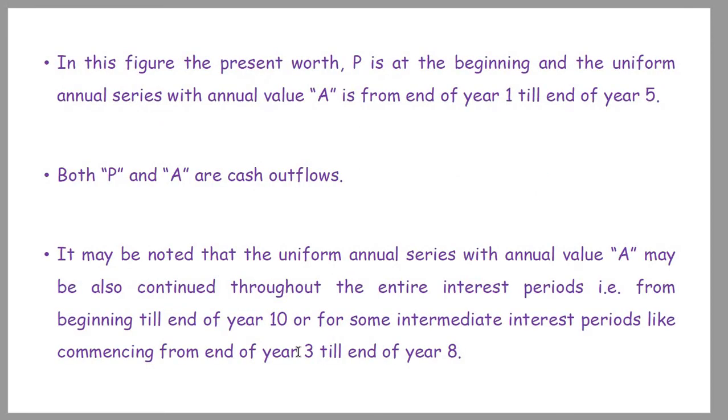Next, in this figure the present worth P is the beginning amount, and the uniform annual series worth of annual value A is formed at the end of year 1 to year 5. Both P and A are cash outflows because a person is investing in a bank every year, from the start of the 0th year to the end of the 5th year, right. It may be noted that the uniform annual series with the annual value A may also be continued throughout the entire